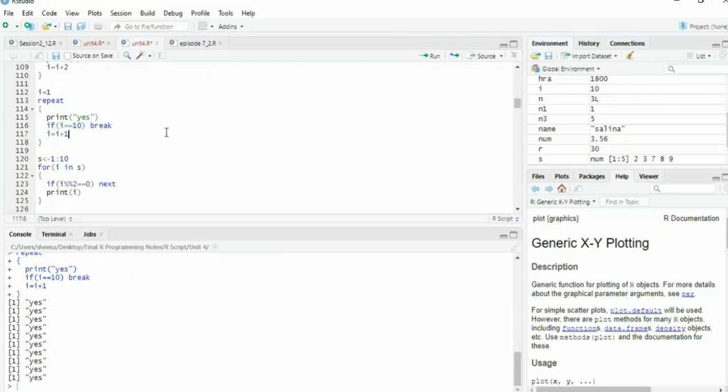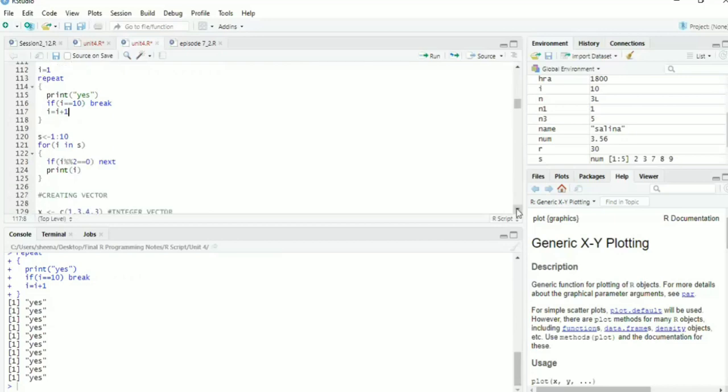Now we also have a clause called next. Next will not take you out of the loop; next will take you to the beginning of the loop again. So where and how will we use next? In next we will use s equals 1 to 10. I don't want to print even numbers, I only want to print odd numbers.